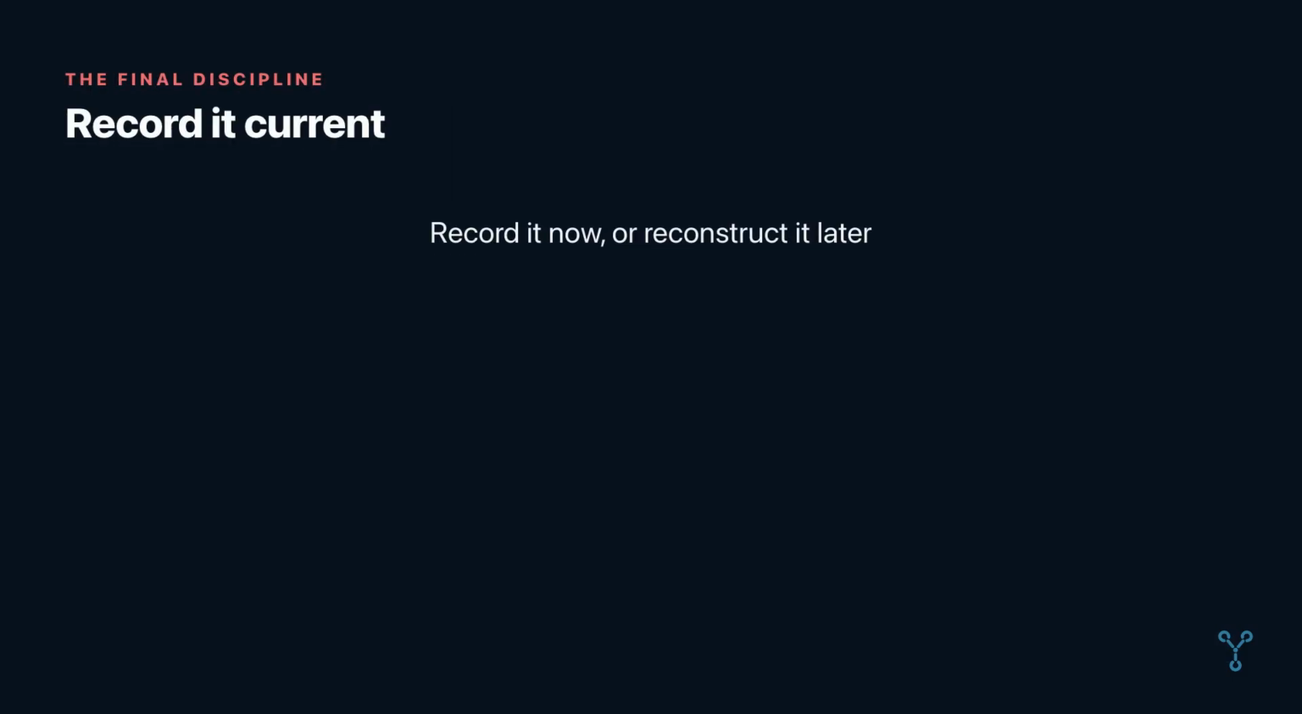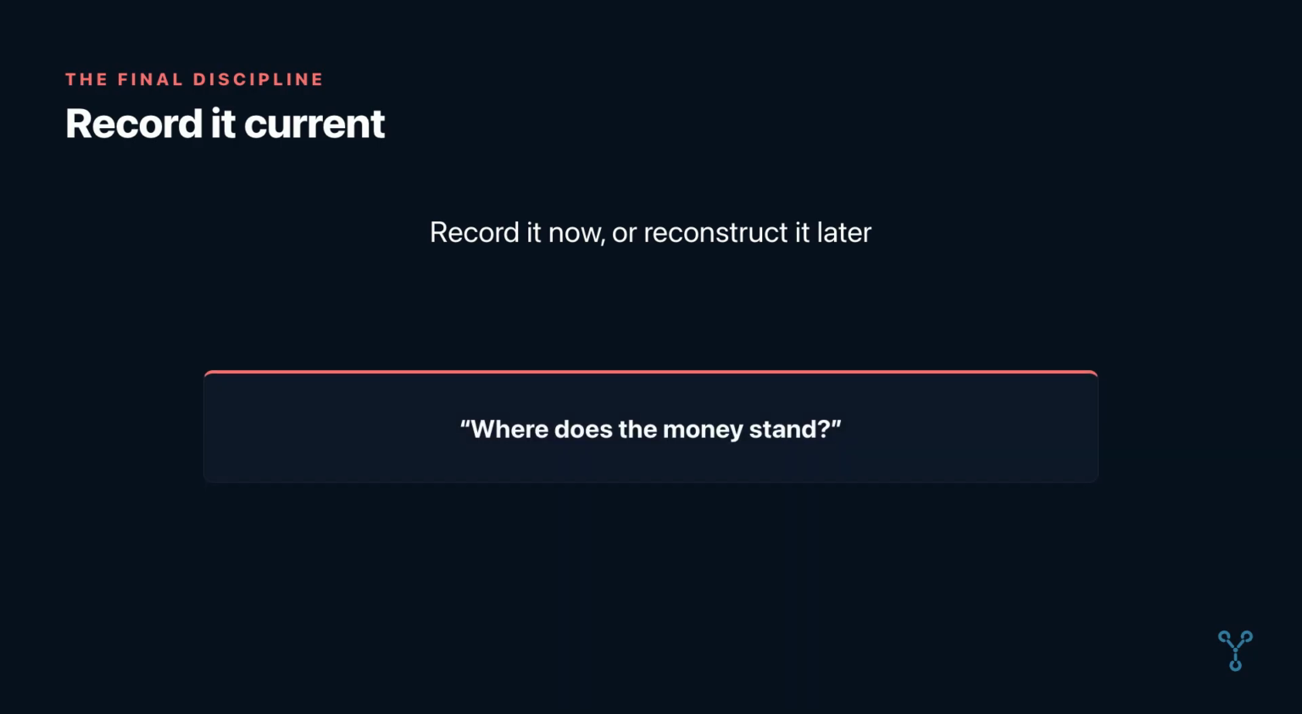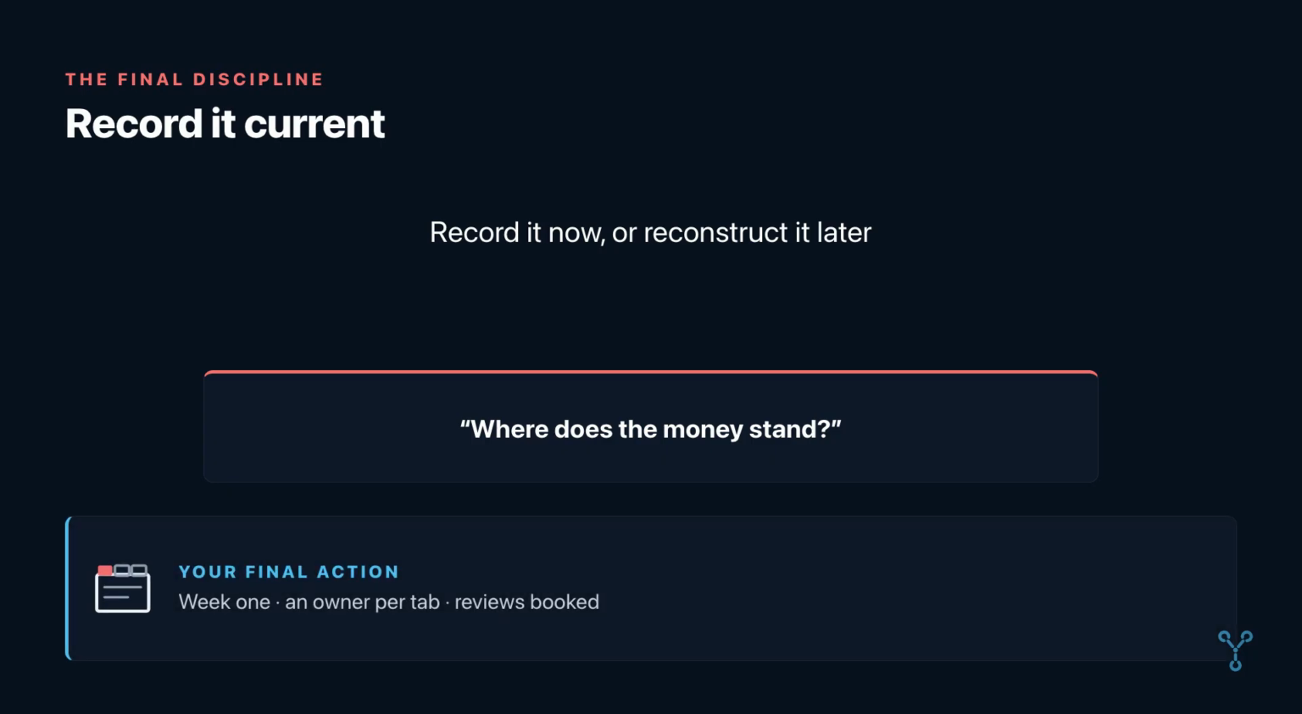The final discipline is simple. Record facts while they are current. Do not reconstruct them when a claim, audit, or dispute forces you to. A current system protects margin, supports good decisions, and lets you answer the question every project leader will ask: where does the money stand? Your final action is to set up the minimum viable workbook in week 1 of your